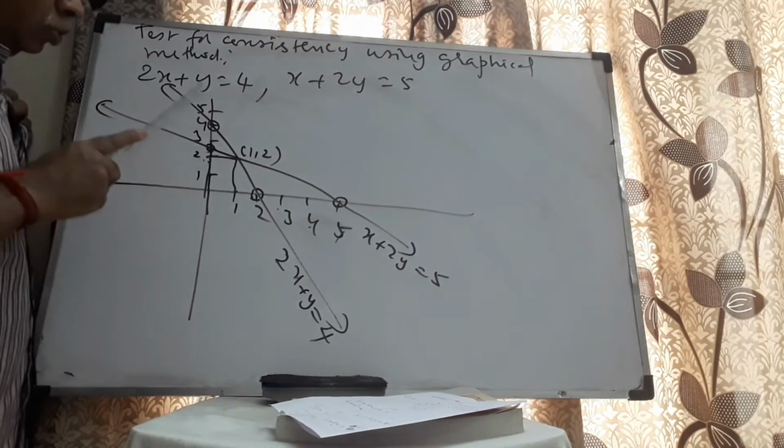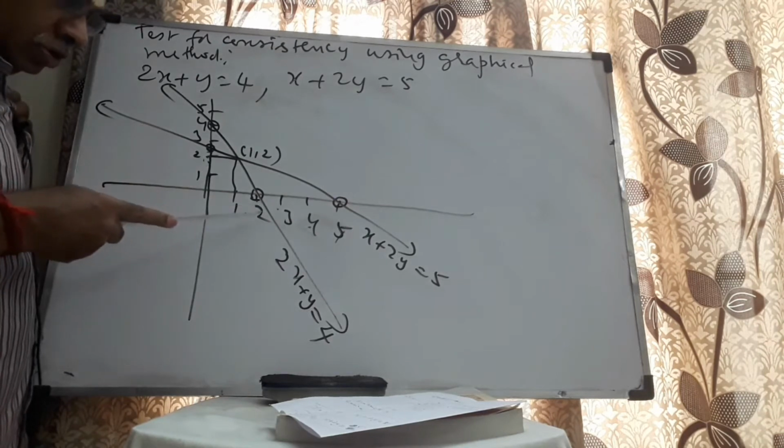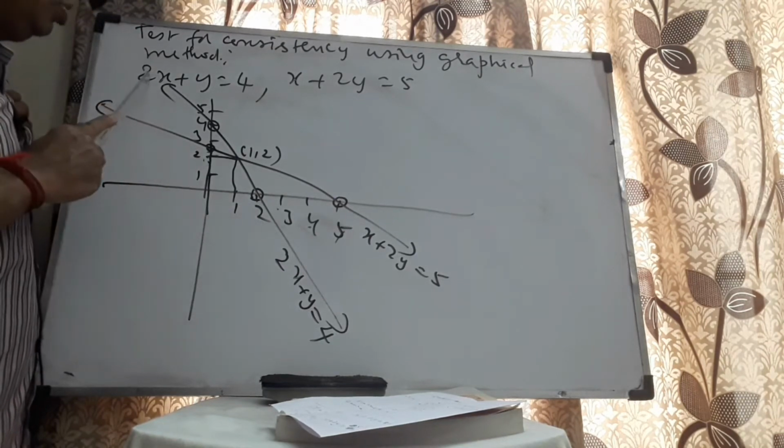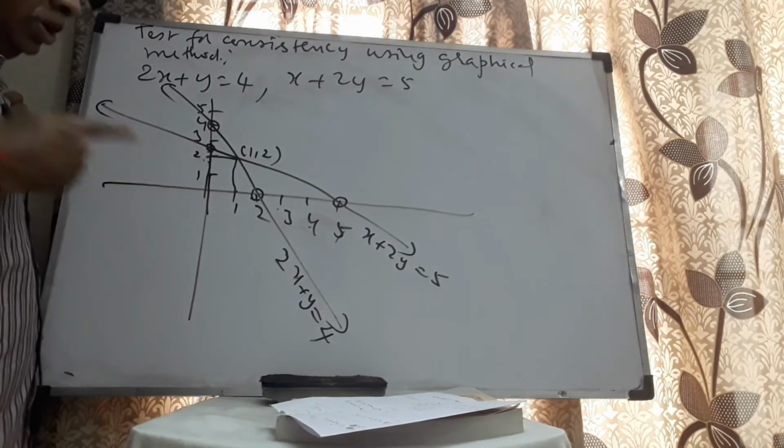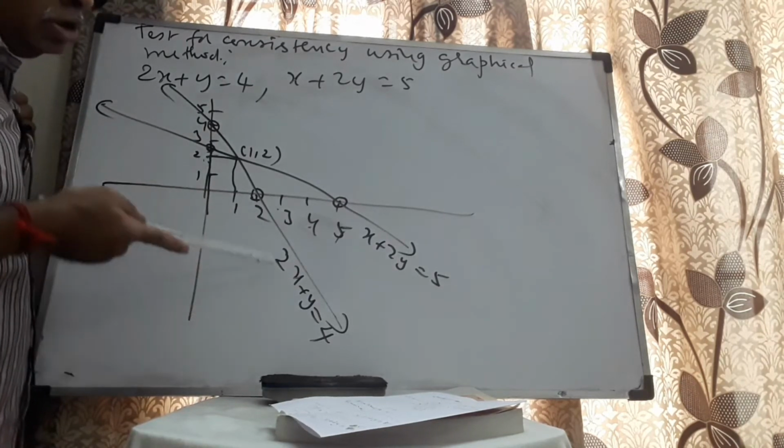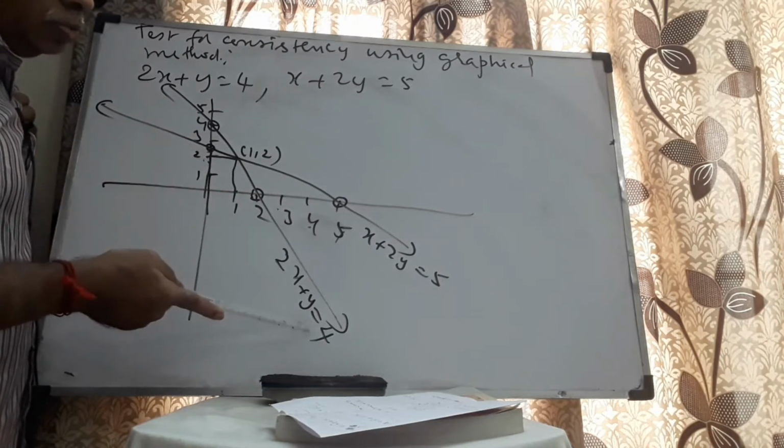Let me just explain once again. 2x plus y is equal to 4. Put y is equal to 0, x is equal to 2. It passes through 2, 0. Put x equals 0, y is equal to 4. It passes through 0, 4. Initially I took a wrong point. Make the correction anyway. After joining these 2 points,